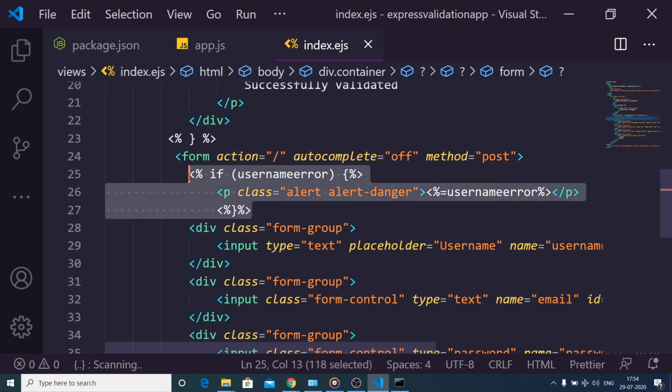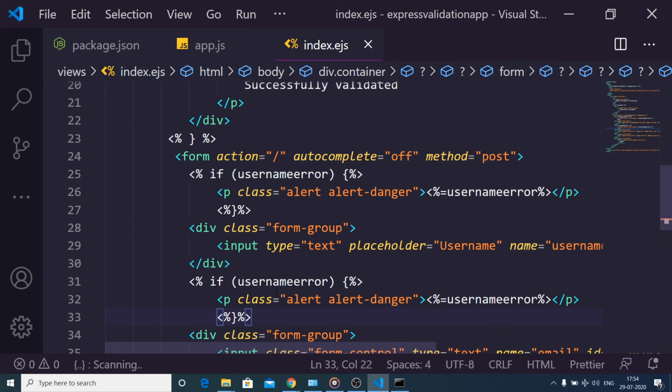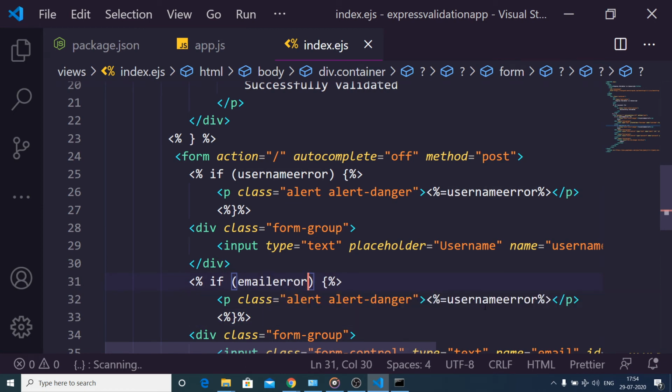So now we need to repeat this for our email. Right here, just before the field, just replace the name with email error. This will be email error.